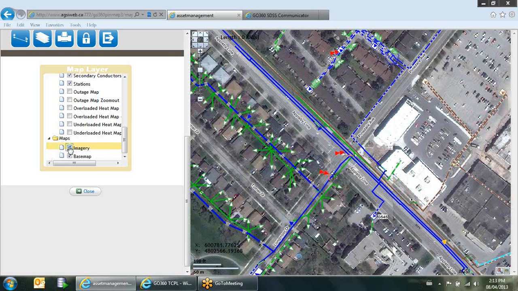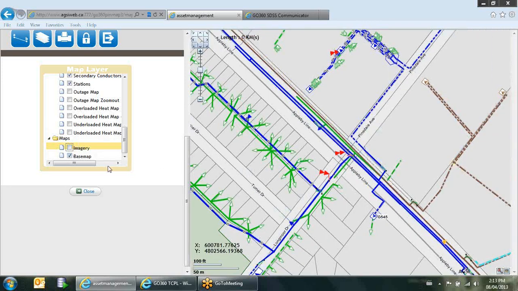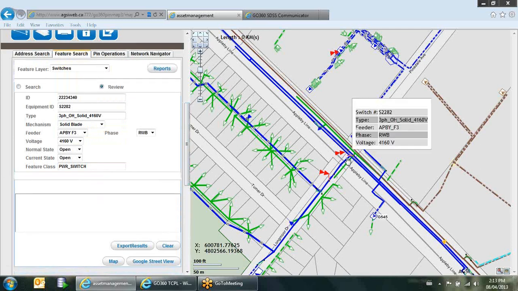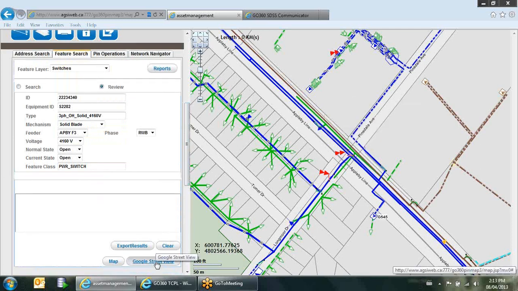It's reprojected on the fly because Burlington has all their data in UTM, and the web service comes in lat long, but Oracle will reproject on the fly. So that takes a little bit longer to do it that way if it's on, so we'll just leave the base map on. We also integrated some Google Street View, so if you wanted to see what that switch looked